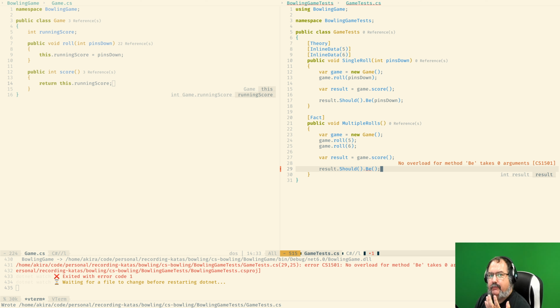Now, when we have multiple rolls, the idea is how many rolls we want to test. Do we test what happens with 2 rolls, or with 3 rolls, or 4 and 5 and 6?